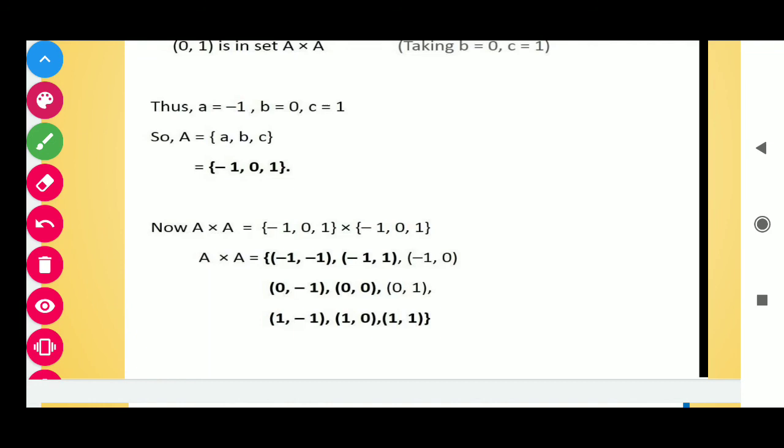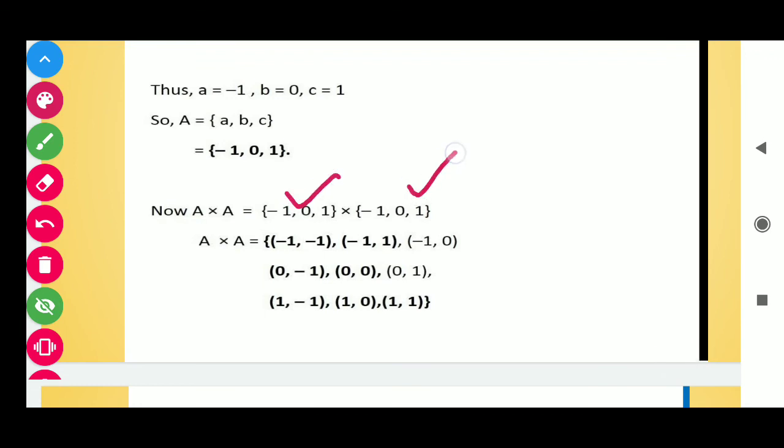Students, we have found the sets and both the sets are the same. And I just showed you a question on how to find the Cartesian product of the same sets. In this way we get A cross A. Simply, take the first element -1 and make ordered pairs of -1 with -1, 0 and 1. In this way we get the 3 pairs. Similarly, fix element 0 and make ordered pairs with 0. We get (0, -1), next (0, 0) and last one is (0, 1). Similarly, fix 1 and make ordered pairs with 1. In this way we get (1, -1), (1, 0) and (1, 1). In this way we have completed this question.